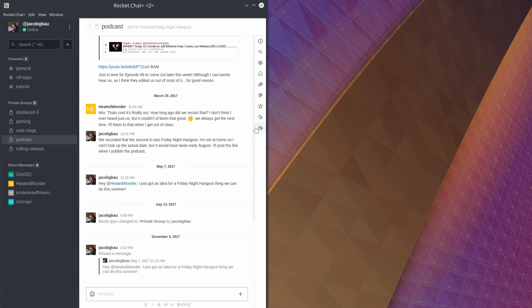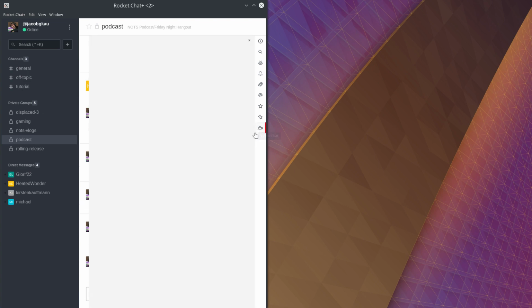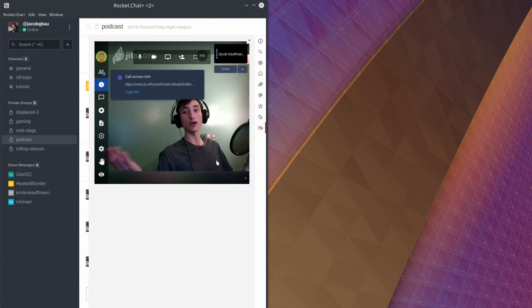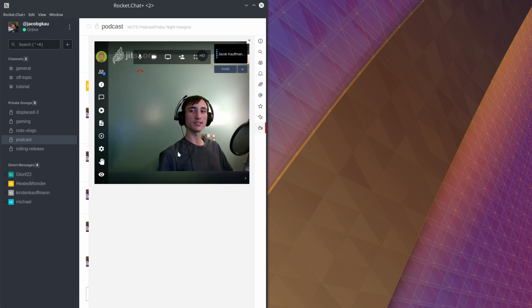So that's interesting. There is a video chat button. This just opens up a Jitsi meeting. Oh, there you go. Well, it connected automatically and got my camera, and you can see my microphone right in front of me, and it's detecting the mic input, it's detecting my camera. But all that this does is it opens up a meet.jit.si link,